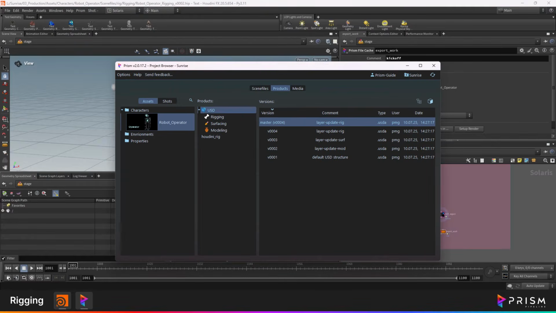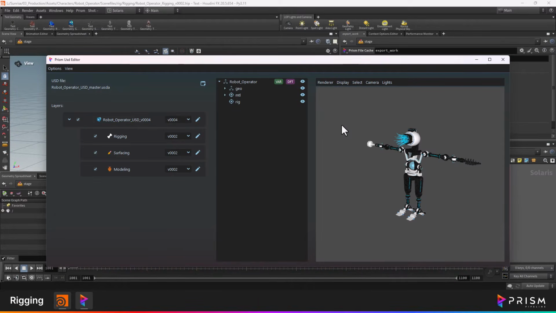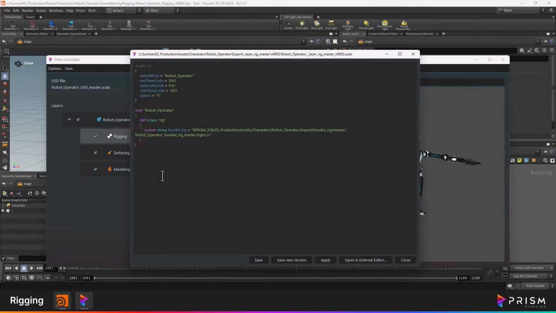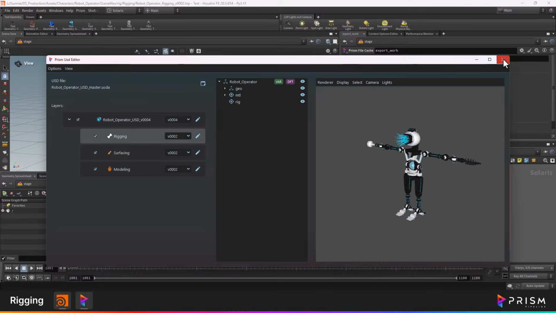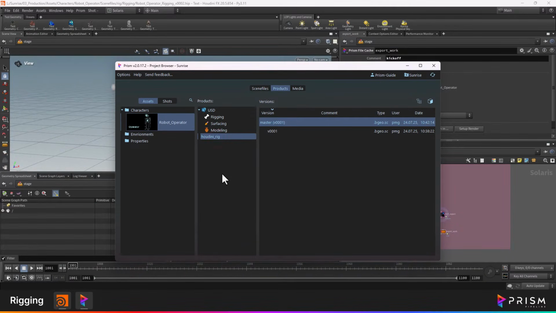In the standalone project browser, open the USD editor and no changes are visible. However, all data created in the rigging department is now saved onto the USD rigging department layer. Looking at the rigging layer in plain text shows that a reference has been set to the Houdini rig, which was published as a separate product and is located next to the Asset USD container. Note that this workflow is designed to access the rig inside the animation department. The exact steps will be covered in the Houdini USD guide for animation.